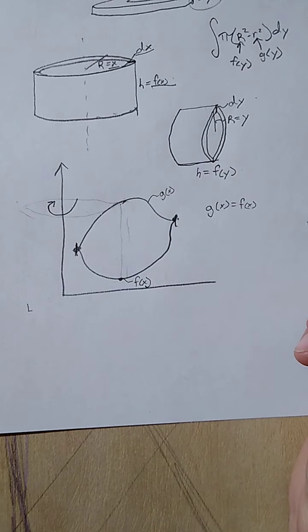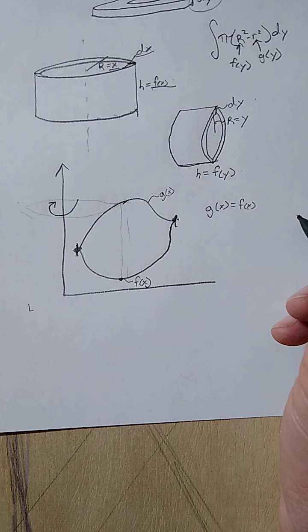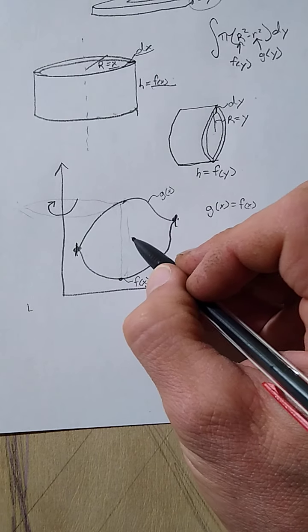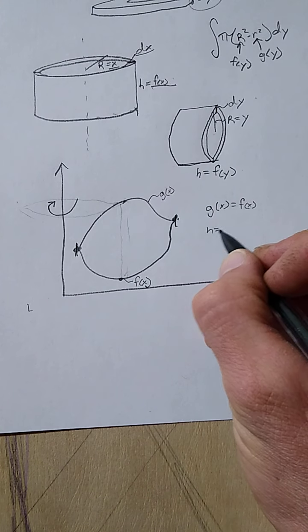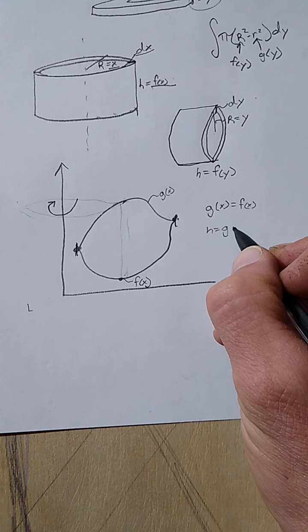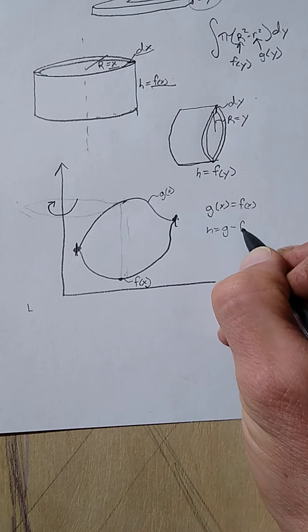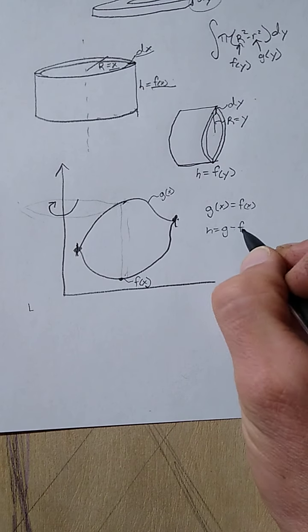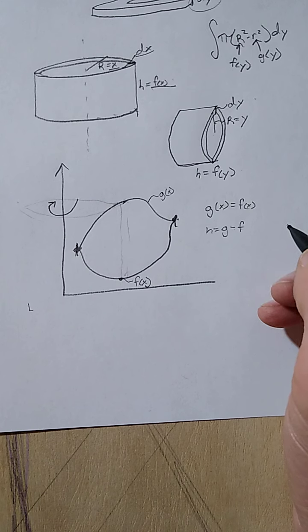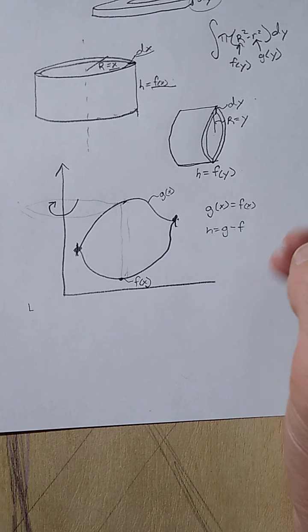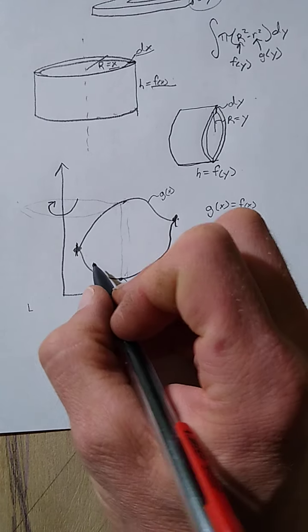With a little bit of thickness, and we could integrate that. My height of my shell, h in this case, is going to equal g of x minus f of x. Okay, so that's cool. If I want to do it as washers,